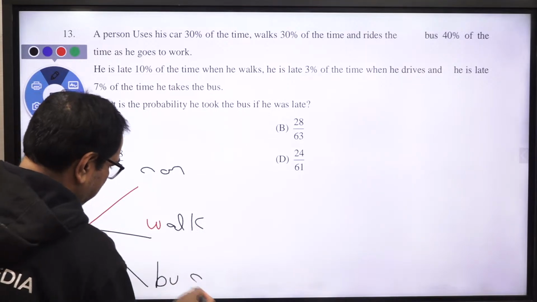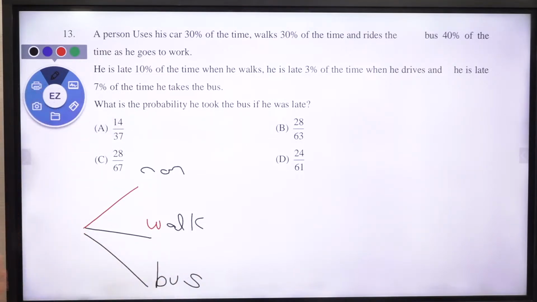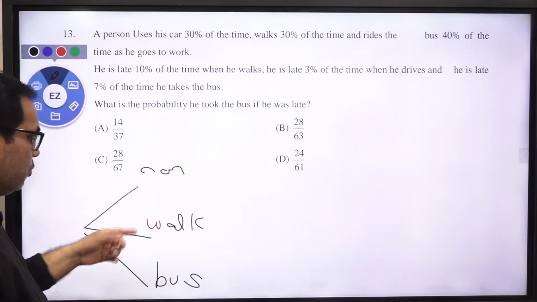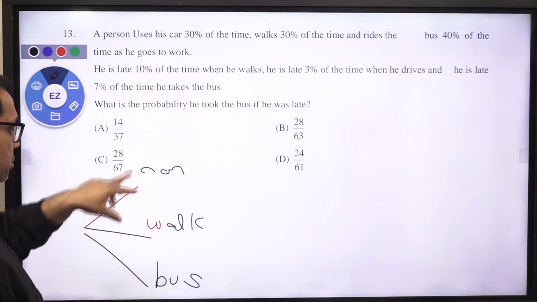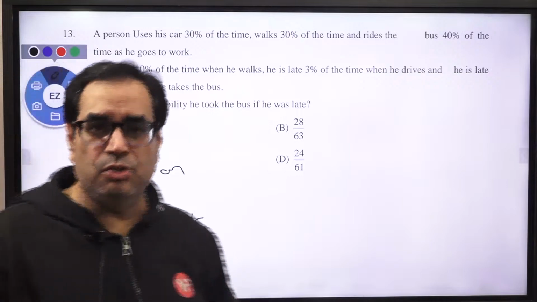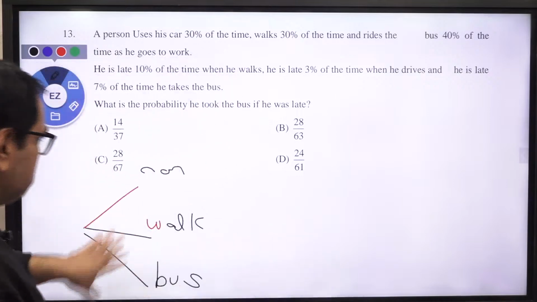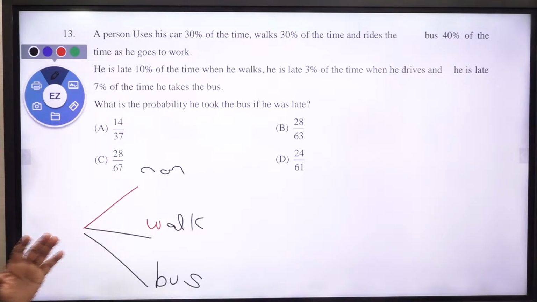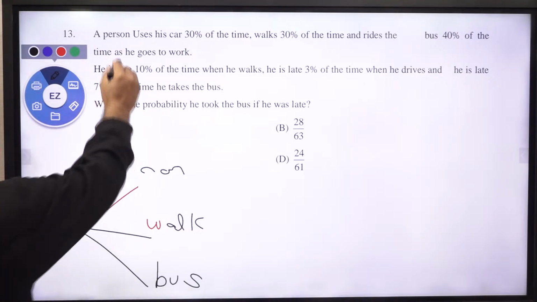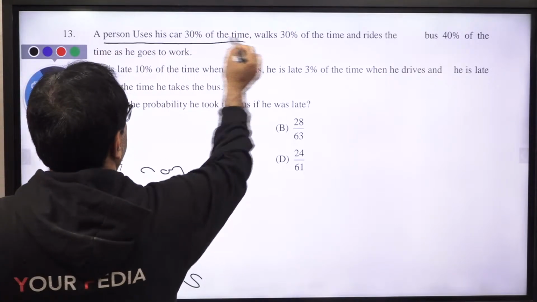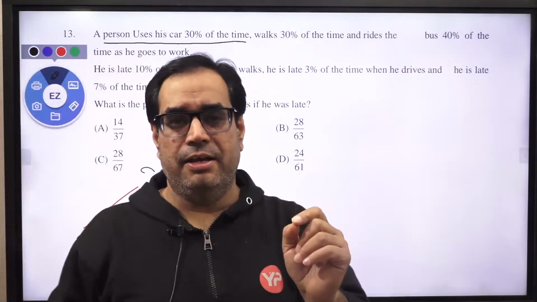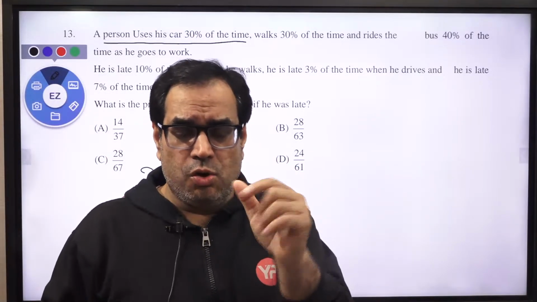Okay, so there are 3 म्यूचुअली एक्सक्लूसिव एंड कलेक्टिवली एग्जॉस्टिव इवेंट्स। इनमें से किसी एक ऑप्शन से ही जाएगा ना, अगर कार से जाएगा तो वॉक नहीं करेगा और बस से नहीं जाएगा। सो दीज 3 आर म्यूचुअली एक्सक्लूसिव, ठीक है, और तीनों ही ऑप्शन केवल दिए हुए हैं। सो कलेक्टिवली एग्जॉस्टिव मींस इन्हीं में से कोई ना कोई ऑप्शन चूज करेगा। नाउ 30% ऑफ द टाइम ही यूज कार, सो ऑन ए रैंडम डे he goes to office by